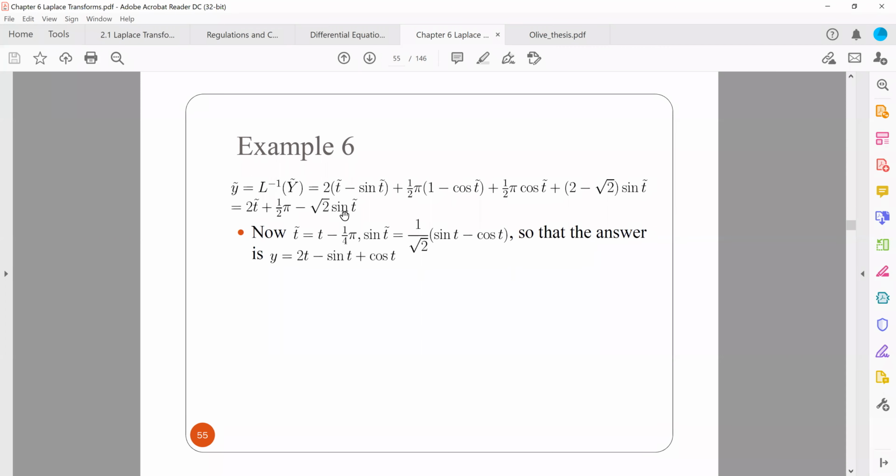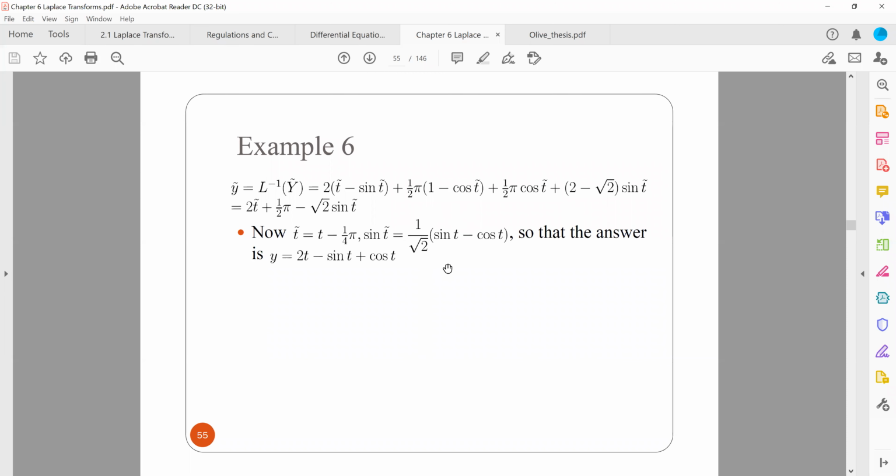Remember, I told you a lot of those trigonometric identities come in random places. So you have to be on top of your game for some of those. Here they use a sine, because you're going to put in here sine t minus a quarter pi. So if you have sine A minus B, it's going to be sine A cos B minus sine B cos A, isn't it? So you'll end up with this